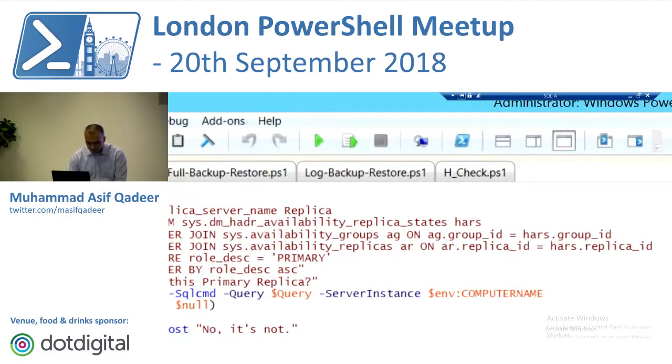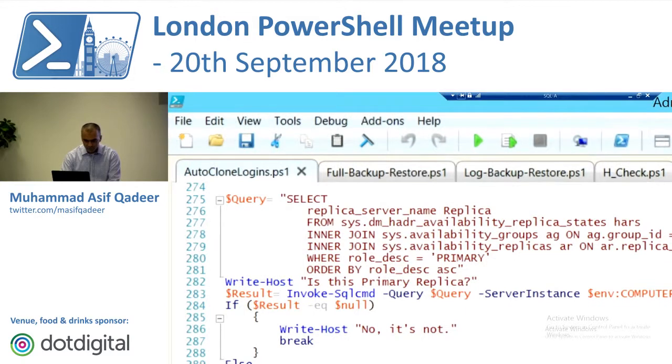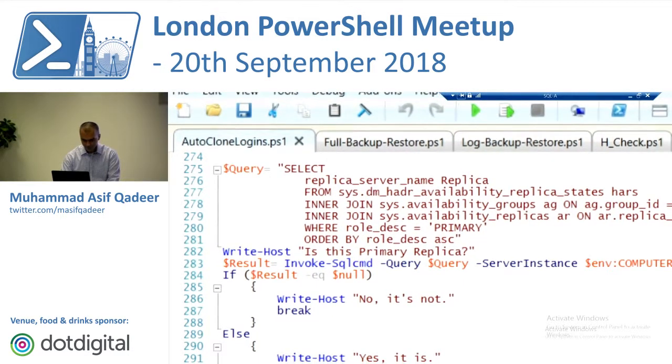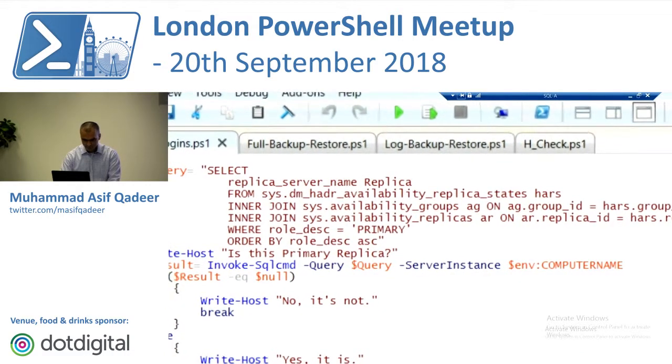Okay. Can you all see this code? Okay. This is,